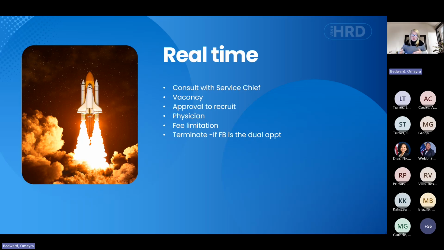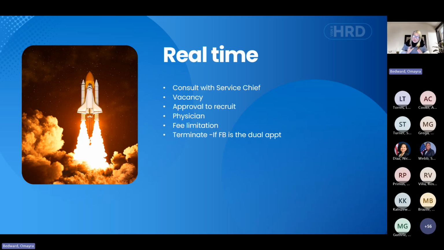So that's part of the conversation in that consultation with the service chief. You want to make sure that they understand that if it's a dual appointment for somebody from another facility, you would go through the process of ensuring that they meet the basic requirements. They have to go through the credentialing, they have to do that onboarding. I know it might be tedious. I know the person might probably feel annoyed, but it is the responsibility of HR that recruitment is done appropriately and correctly, and that we have everything that we need.